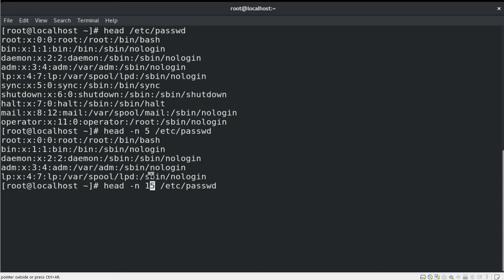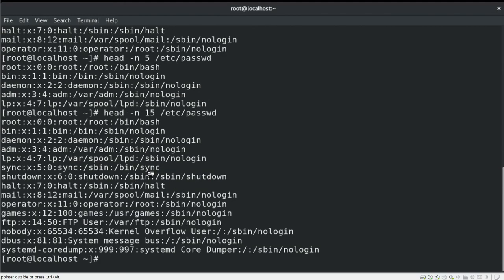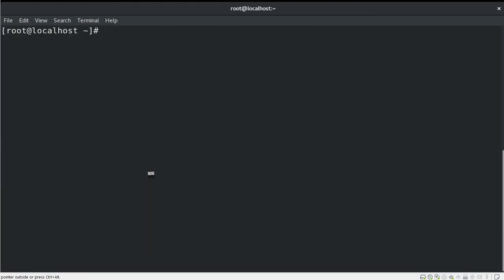So if I provide -n and 15, it will show me the first 15 lines of the particular file. Of course, it is important that you should have 15 lines inside the file. But this is very useful to check the top lines of any file.